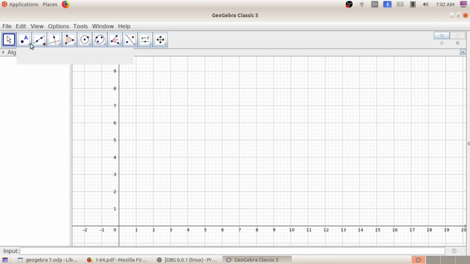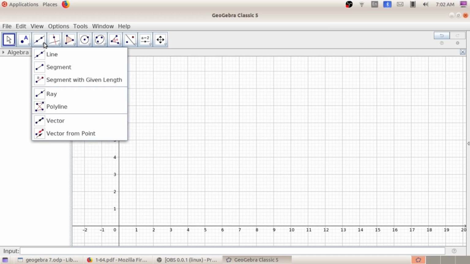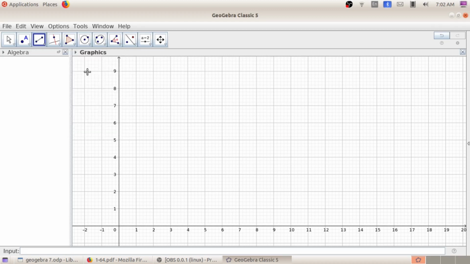These are the tools. Here you have to choose the third one. There is a down arrow here. Click on that. So here you can see the second one, segment tool. Click on that and click anywhere in the GeoGebra window.